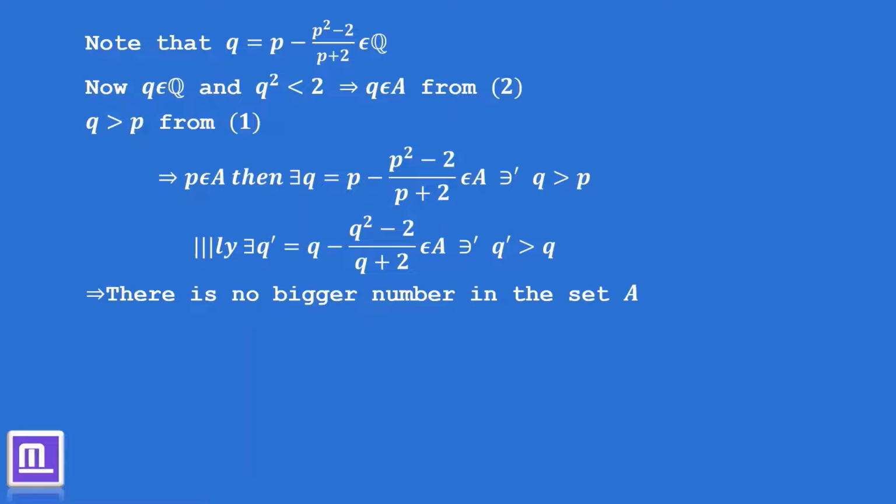There is no bigger element or bigger number in the set A. This is what this whole discussion is telling us. Similarly, you just follow the same steps and start with p square minus 2 is a positive number. That means p square is greater than 2. That is what the definition of the set B says, right? So you do the same things and you will definitely understand that there is no smaller number in the